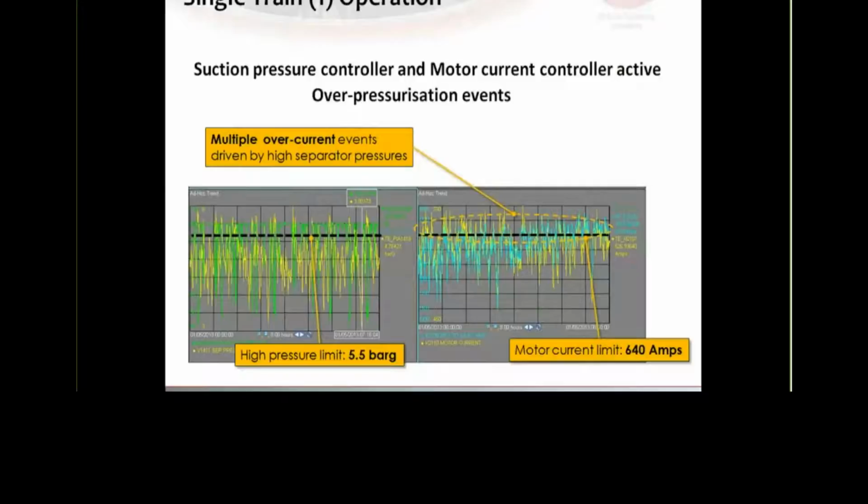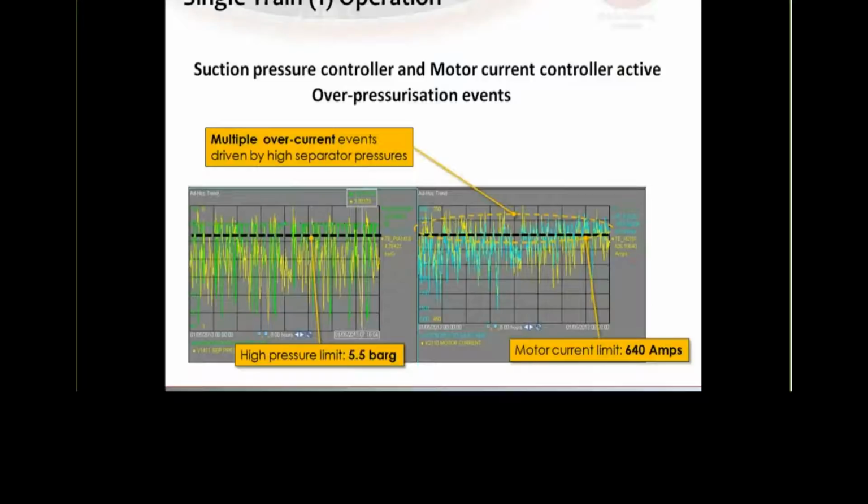For the second bit, we know that there are two modes of operation, so we have to look at both train 1 and train 2 while they're operating in single train mode only. What helps in this situation is that because it is operating in single train mode, there is no load sharing active. It has enough flow to sustain the whole train, and therefore it doesn't have to be recycled. So automatically, the